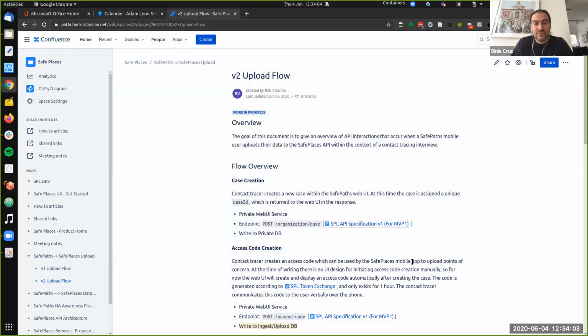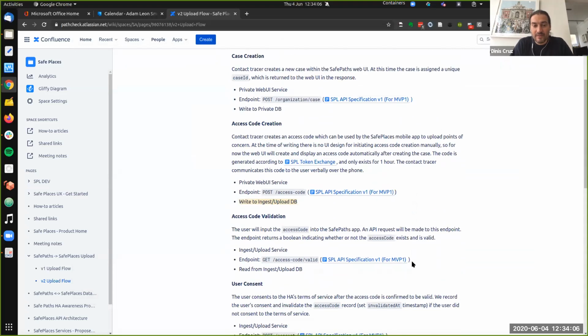So, all right, the health authority goes and puts the key in the system. You probably can generate that ID for them, or do they put it in themselves? So it's generated by the back end. Cool. And then the user types in that ID and uses it to upload the data, right? Yes. So the phone and the server don't know each other. The phone has to post the access code to a service that allows it to be validated.